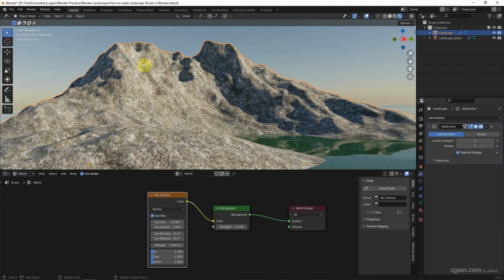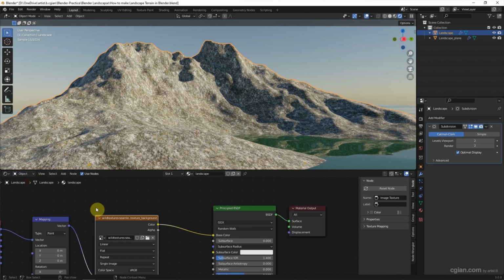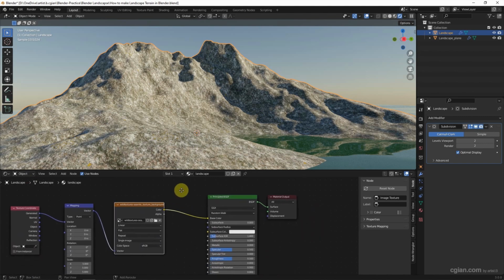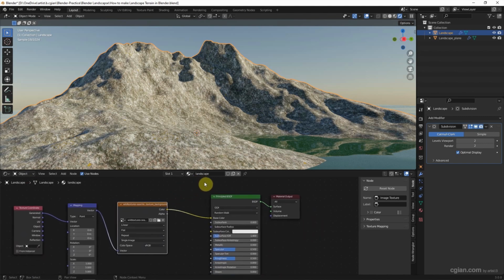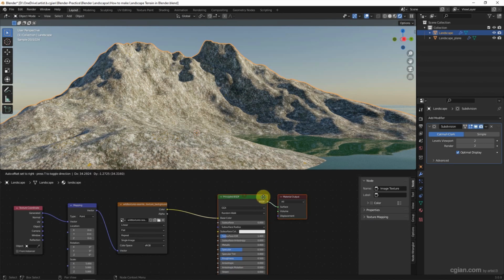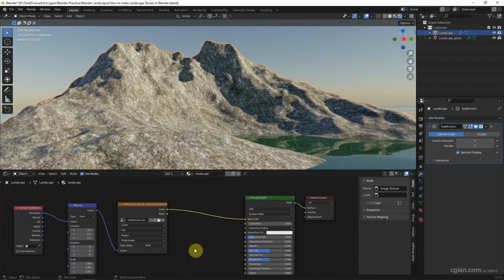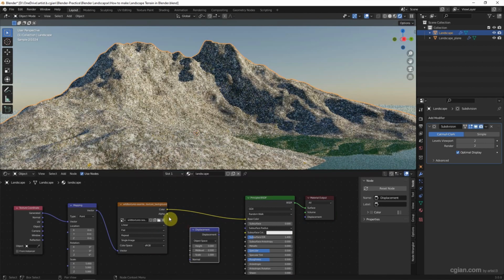In addition, if we want to add more texturing on the landscape, we can select the landscape model again, go back to Object in the shader editor, and make sure that we are in the landscape texture, and then add a Displacement node.